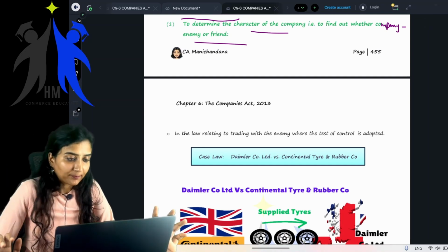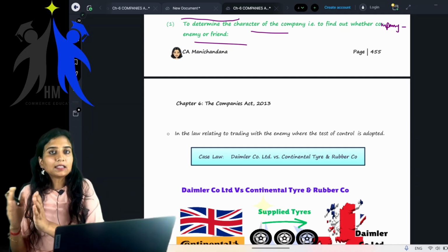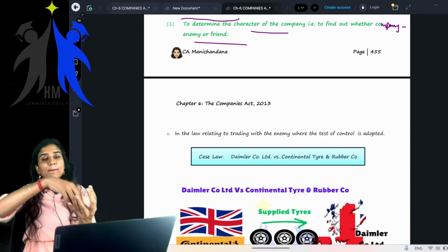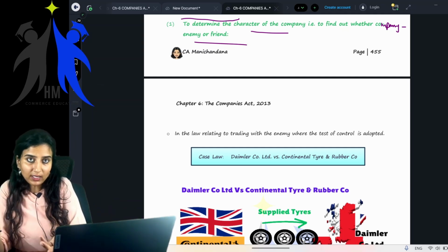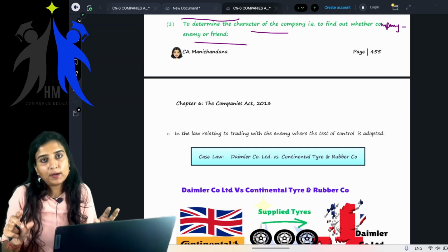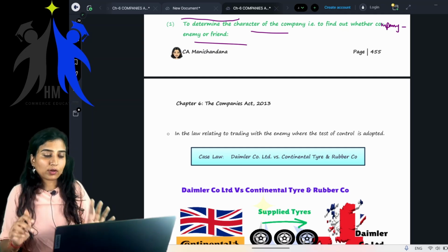Lifting of corporate veil. What does that mean? Obviously, you are going to disregard that the company is different and the members are different. We are going to treat the members as responsible for whatever the acts of the company. Is the concept of lifting of corporate veil clear? When does that happen? We will see. The first one we are going to see now.